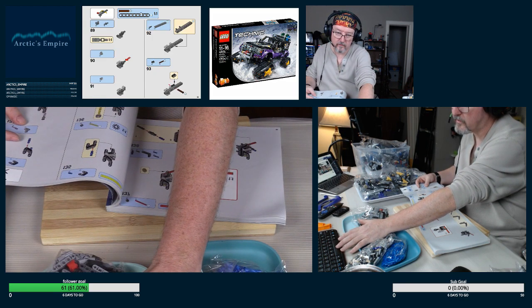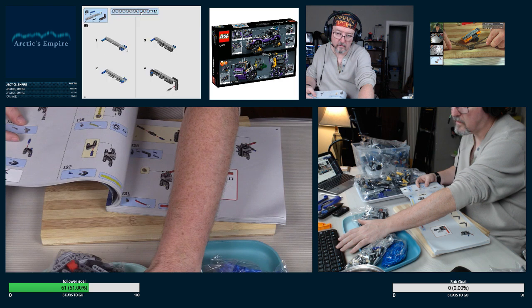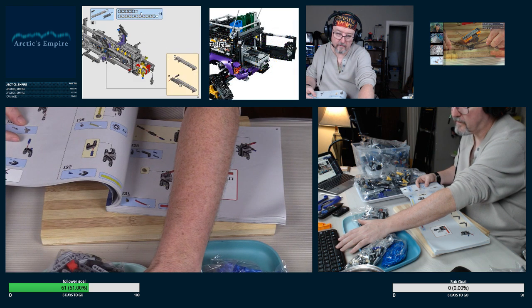Yeah, there's the winch. On the excavator build,